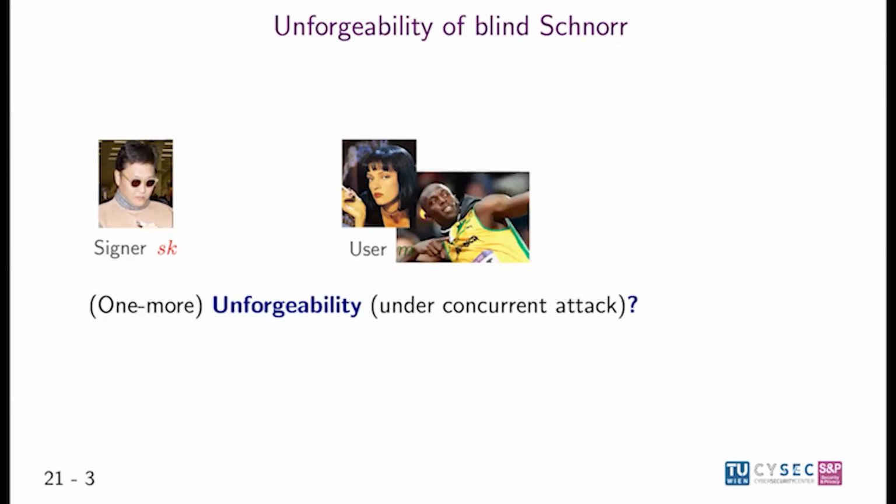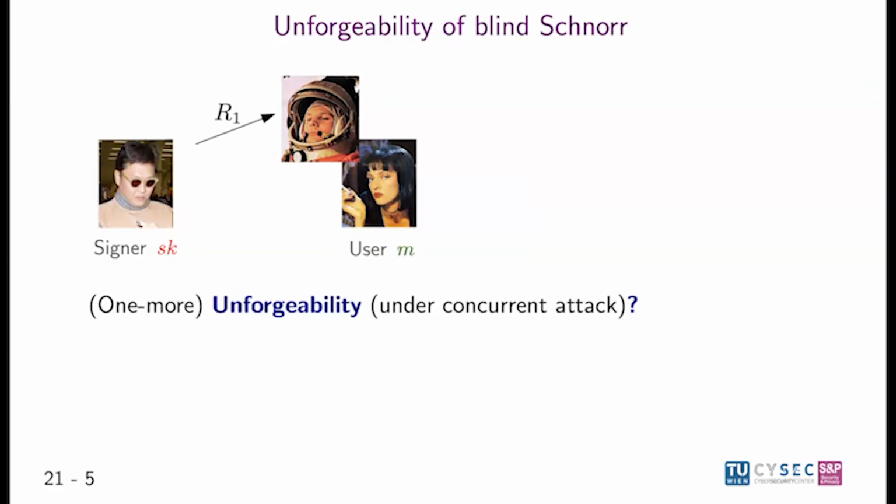Why? Because there might not only be Yuma, the user, there might also be Usain, there might also be Yuri, and while Usain probably replies very quickly, Yuri might start a signing session, then disappear into space, and then the bank can't just wait until he comes back before he starts the next session, right? Otherwise he's vulnerable to denial of service attacks. So you really want to interleave sessions, to start a lot of sessions and then close them later.